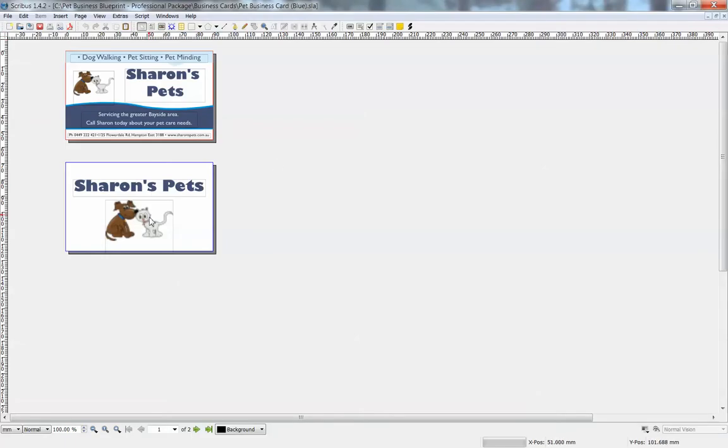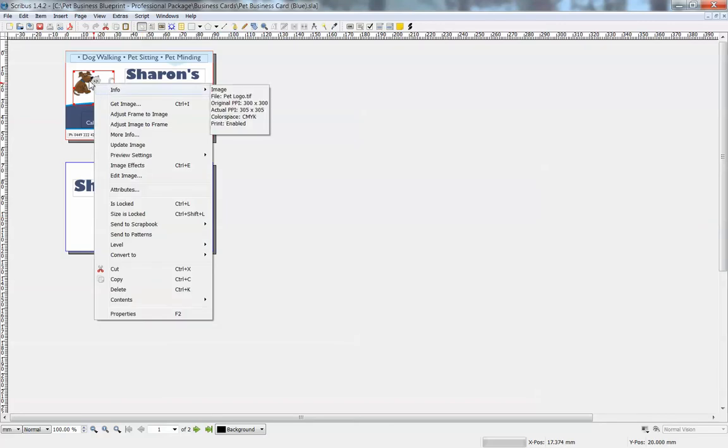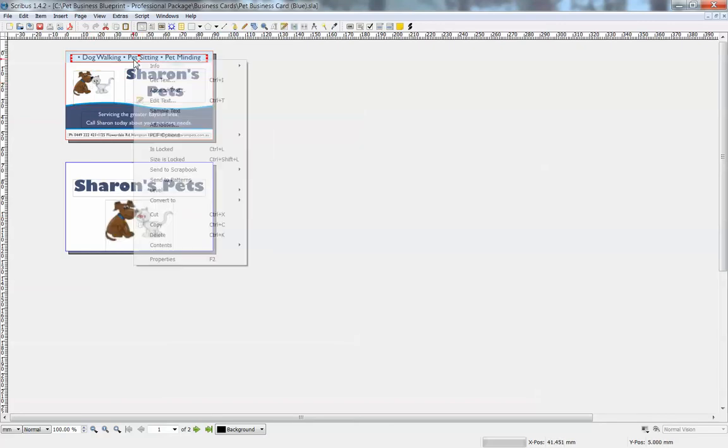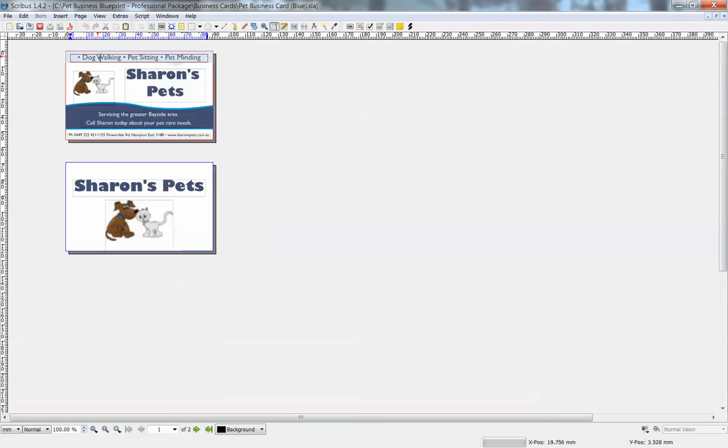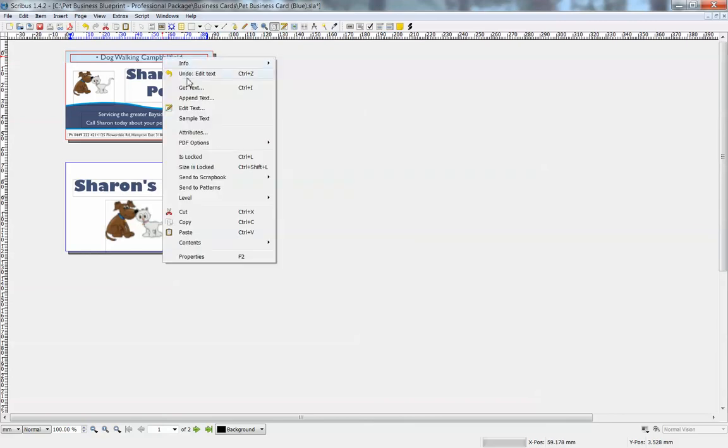So we've got the 2 sides of the business card here, so we can just click on it and we can change the image here. We just click on the individual elements and right click them, and then we can edit them, or we can double click and just change the text there. So if we only do dog walking, let's say, we might delete those other 2 things, and we might just space it out by putting our suburb there. So dog walking for Campbellfield, or even just dog walking Campbellfield,